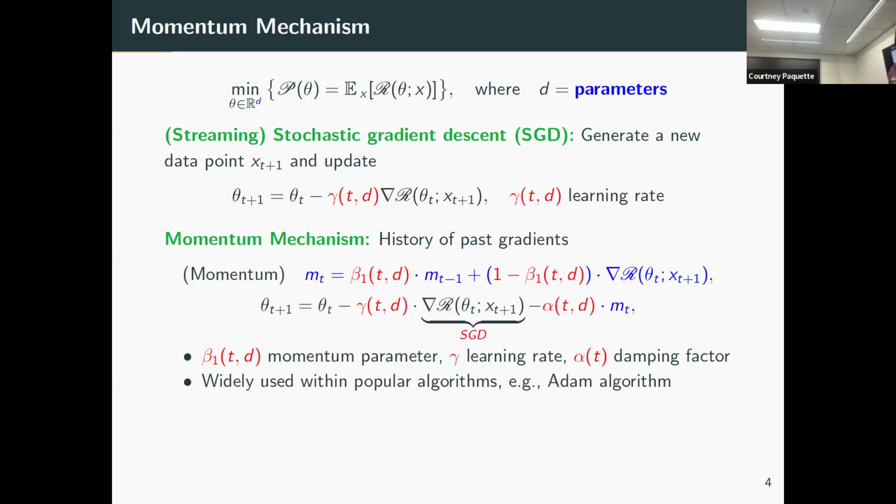So what is momentum? Some of you have probably seen this. Basically, the idea is that you should keep a history of your past gradients. You can think of your gradient as your current information, where you're just moving in the direction of the negative gradient, just current. Whereas momentum is remembering your past iterations, where everything's coming from. So you keep this m_t, which is some sort of moving average of your past gradients.